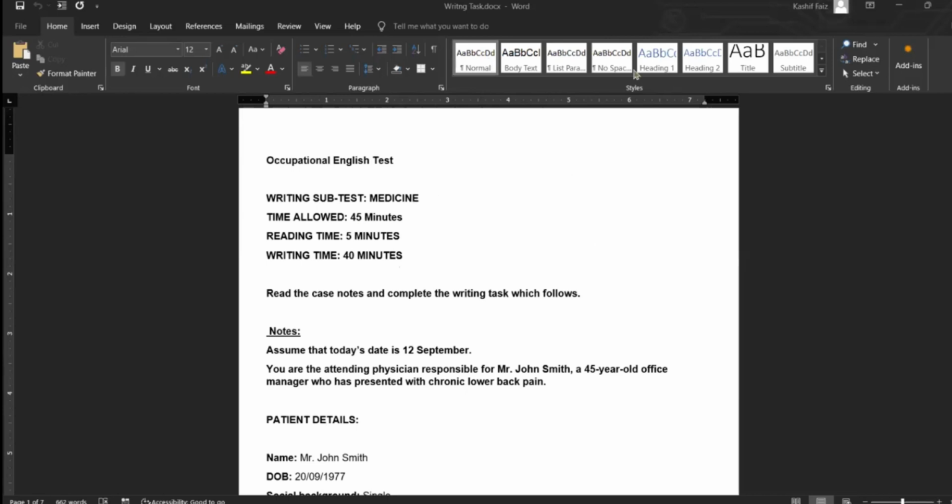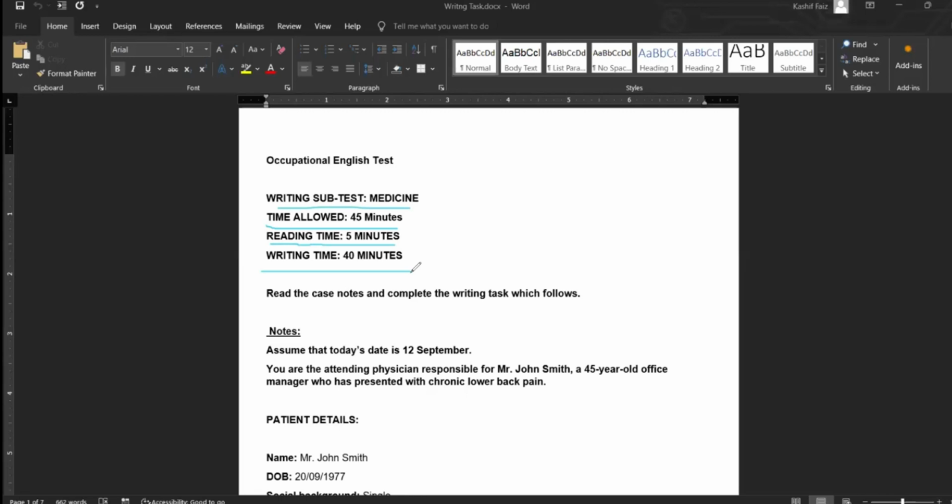What does it say? It says writing subtest, time allowed 45 minutes. So how do you divide your time? How do you manage your time? Because 45 minutes seems like a very long time, but in the exam setting, I'm telling you that you will be needing more time. So 45 minutes are gone in a blink of an eye. So what is a good practice is that you keep 5 minutes for your reading